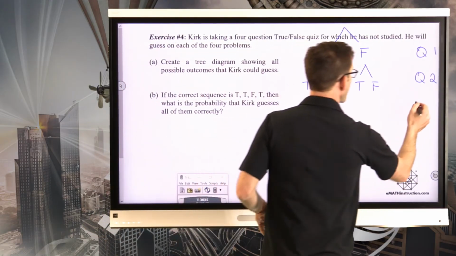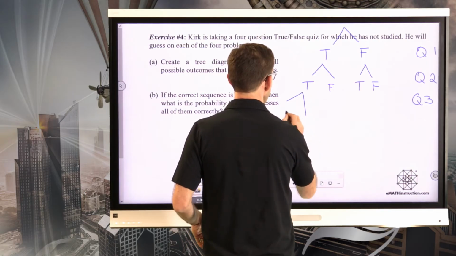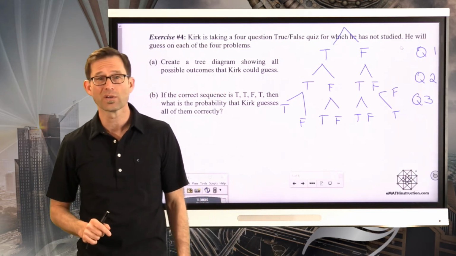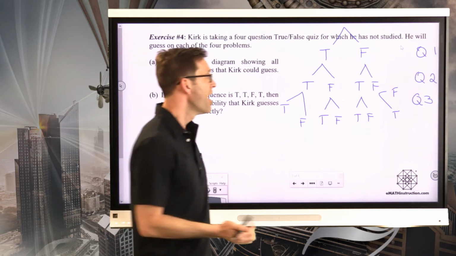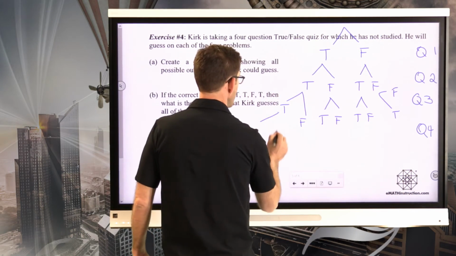By question number 3, by the time I get to a 3rd stage event, I'm going to have a true false that I could have gotten, a true false, a true false, and a true false, and that's only on the 3rd question. Can you imagine if it was a 10-question true false test? It'd be so ugly. And then finally on question 4, if I can even fit it, I could get true false,